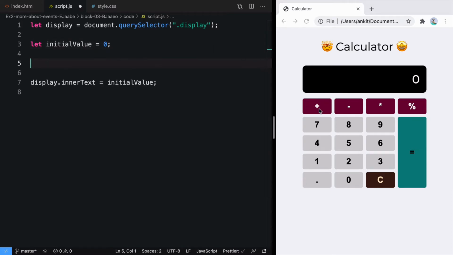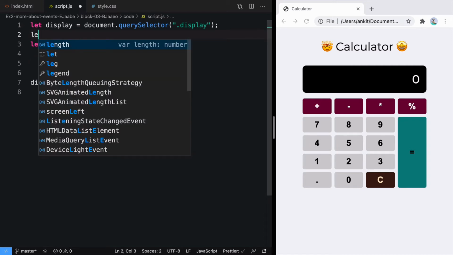Moving on to the next section, taking input from the user. Here we can see we have a total of 17 buttons. We need to handle different kinds of events on different buttons. Say for example, when you click on numbers, I need to display numbers here. Operators like plus, minus, multiplication and division need to be shown here. But when it comes to C, you have to reset the value. When it comes to equal to, you have to evaluate the value. So all these 17 buttons perform different tasks. Let's see how we are going to deal with that.